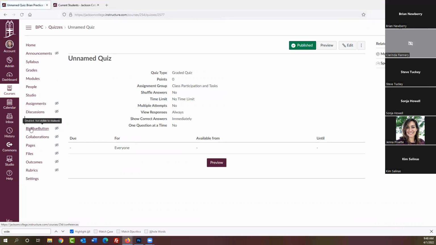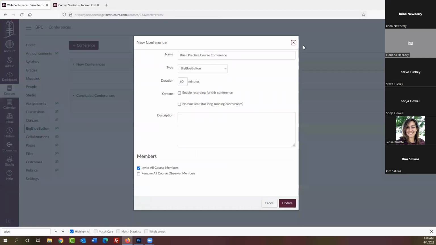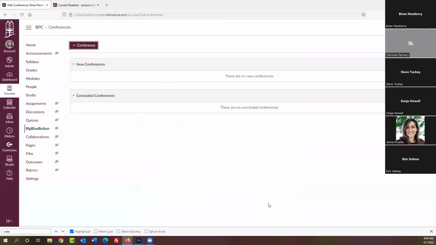Big blue button, just like in JetNet, big blue button. We don't yet have the, well, maybe we do. Do we have the license for this? So the contract for this was still in process. We were not seeing that. Maybe that is in there yet. I haven't played with it yet to see if there are any differences, but it is the big blue button